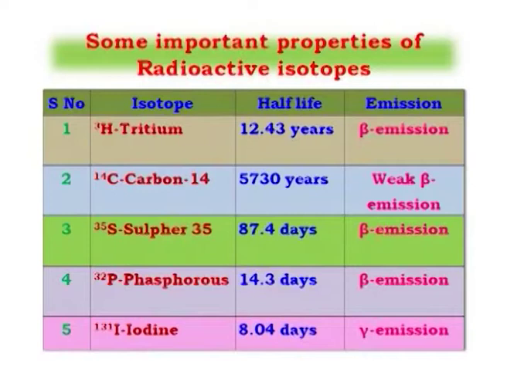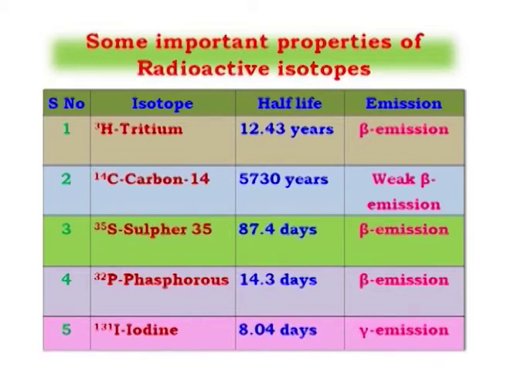Tritium has a half-life of 12.43 years and emits beta particles, while carbon-14 has a half-life of 5730 years but emits weak beta emission. Sulfur-35 has a half-life of 87.4 days and emits beta emission. Phosphorus-32 has a half-life of 14.3 days and emits beta emission, while iodine-131 has a half-life of 8.04 days